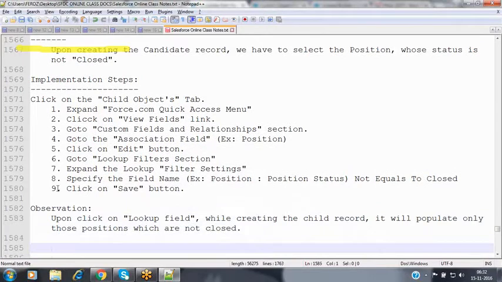We are able to filter those records with the help of lookup filter configurations. So this is a very, very important feature that we have in our relationships. Now we will see a few more features in this relationships concept.